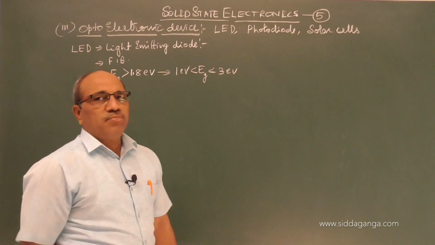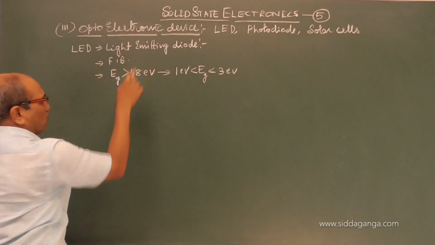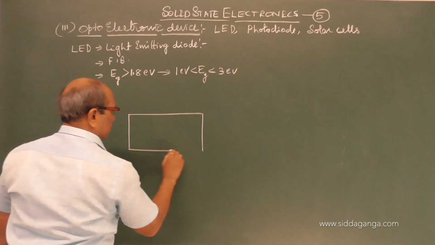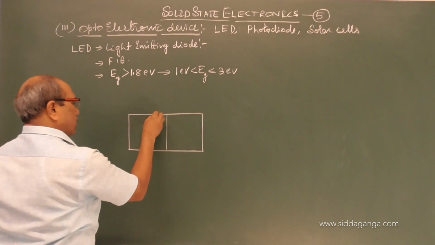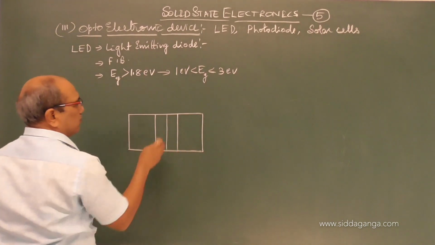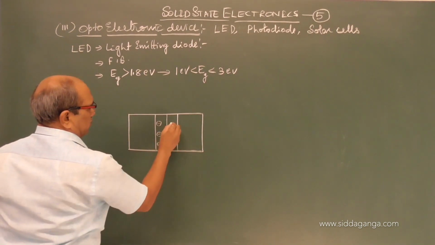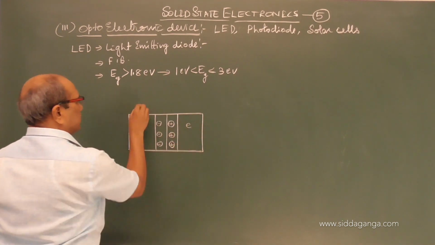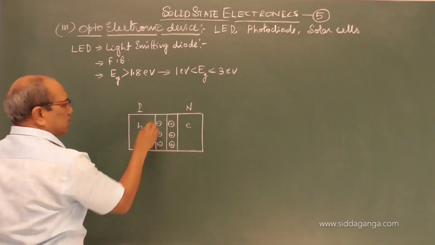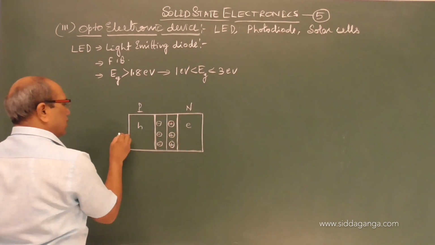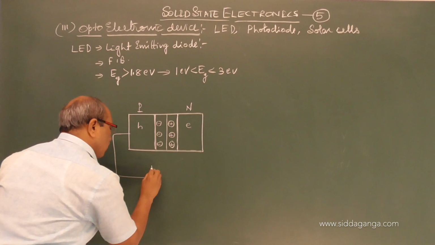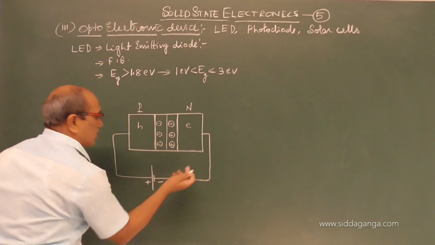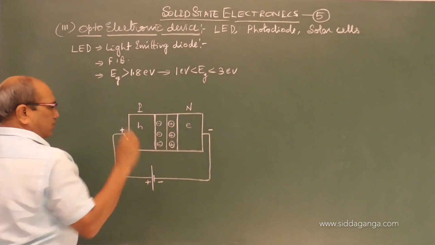Why? The question may be in mind. So under forward bias, suppose we have a PN junction, here we have to select the material of that type. These are the negatively charged ions and positive ions. Holes are majority carriers in P, electrons are majority carriers in N. There is a depletion layer of certain thickness and we forward bias. The positive terminal is connected to the P region, the negative terminal connected to the N region.